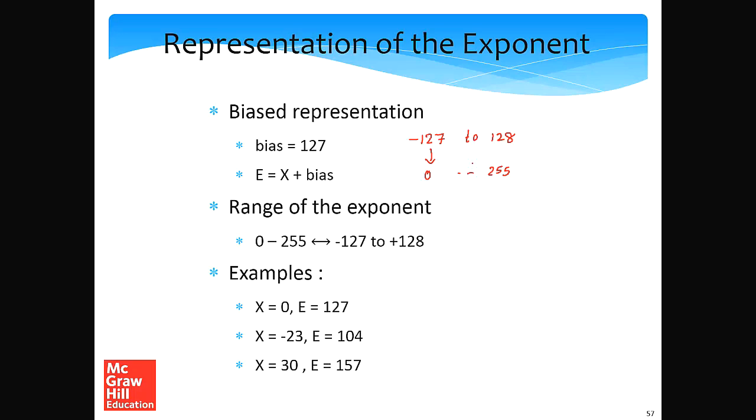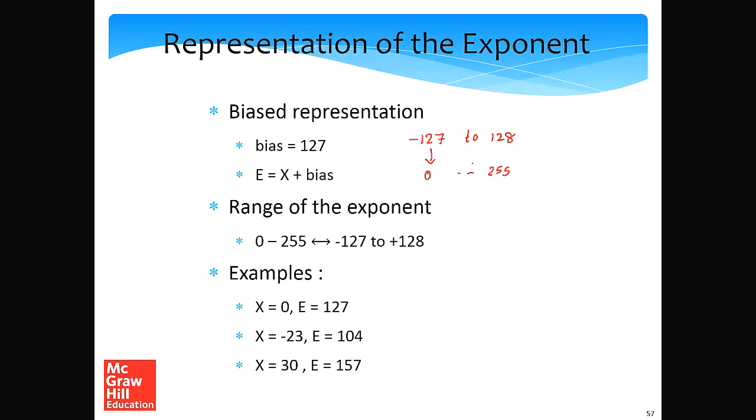So what was the need for having a biased representation over here? Well, the need was that the exponent can be positive or the exponent can be negative. Hence, we need to have some kind of a representation. 2's complement was found to be a bit too complicated, and it was also not required, because typically in floating point numbers, we don't multiply the exponent by some other number. Most of the time we only add and subtract the exponents. In that case, it was not necessary to go for something as heavyweight as 2's complement. The biased representation was found to be nice and simple.